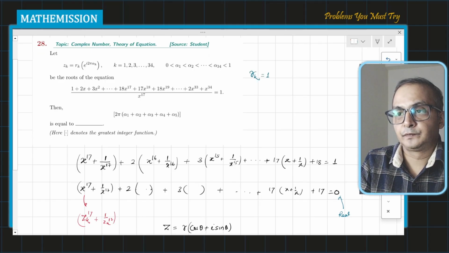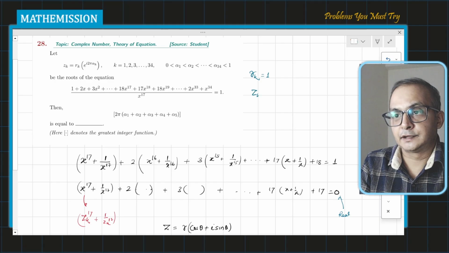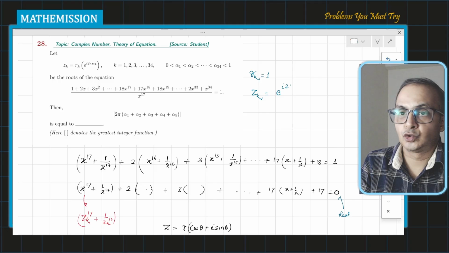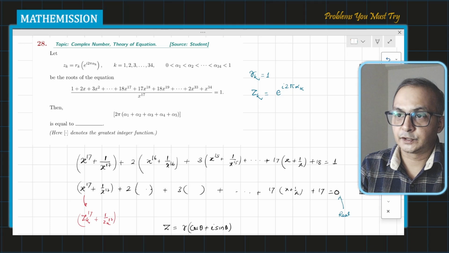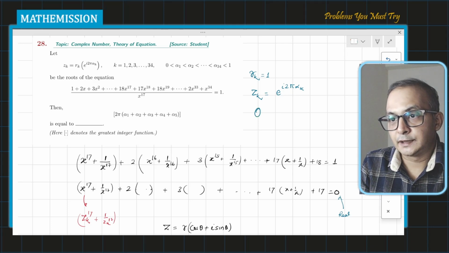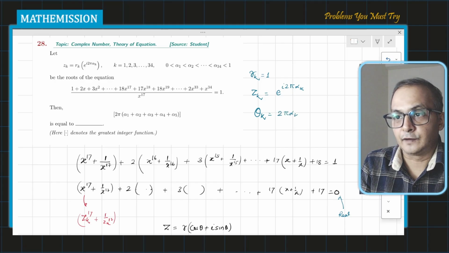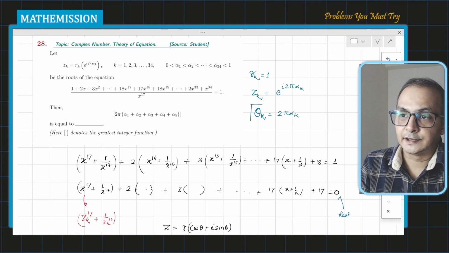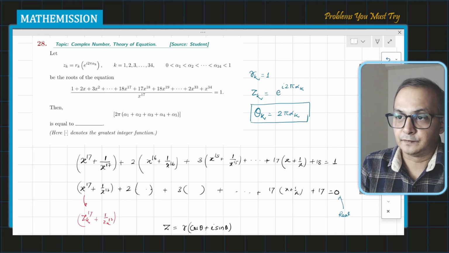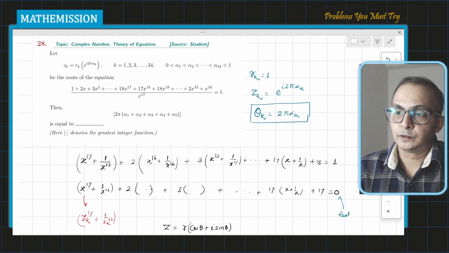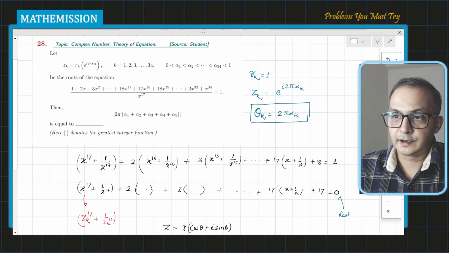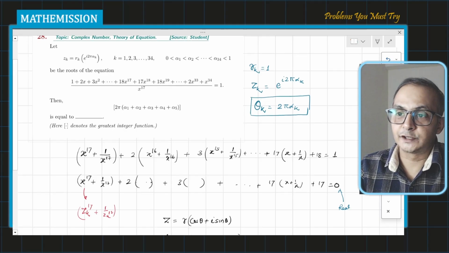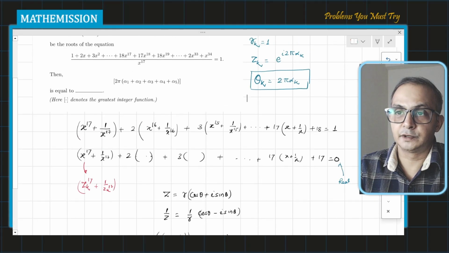If rk is 1, my complex number will look like zk equals e to the power i 2 pi alpha k. Now for the purpose of convenience, I am assuming theta k is equal to 2 pi alpha k. And if I find theta k, of course I can find alpha k as well by equating. So this one important thing we cracked, that rk must be 1, due to the fact that the complex number I am assuming